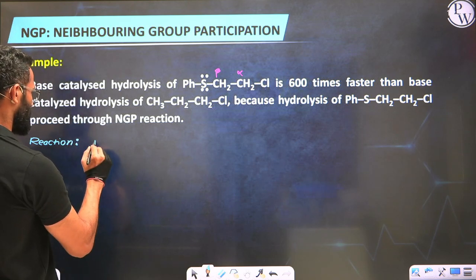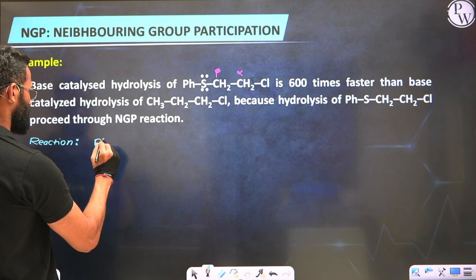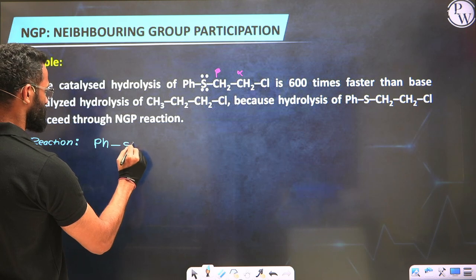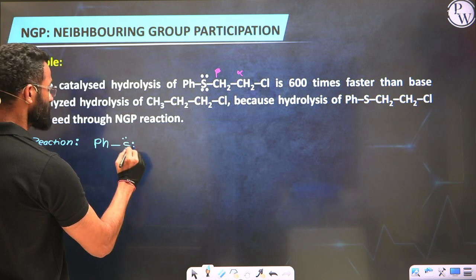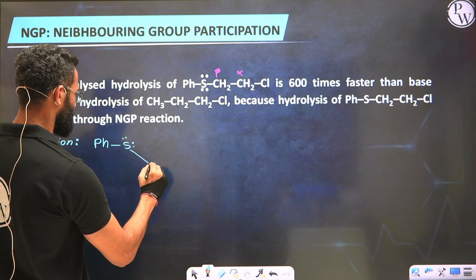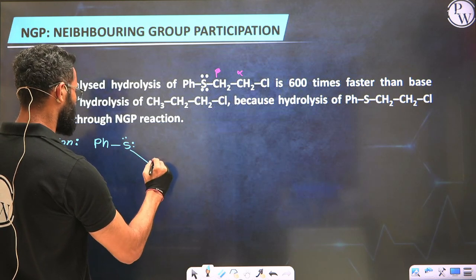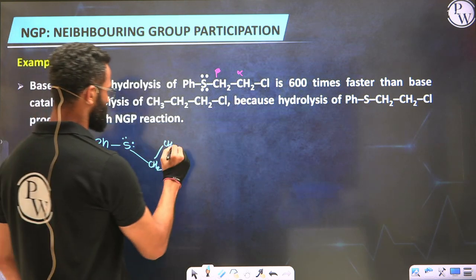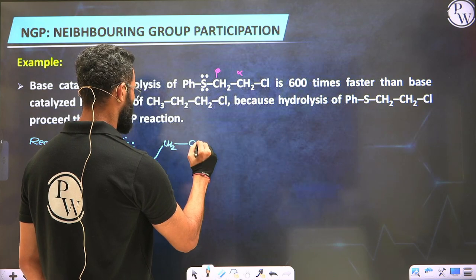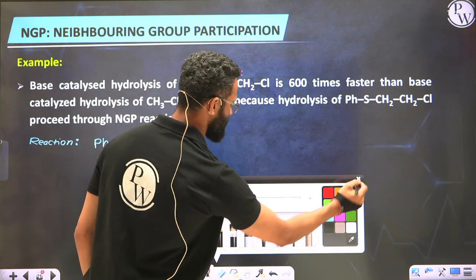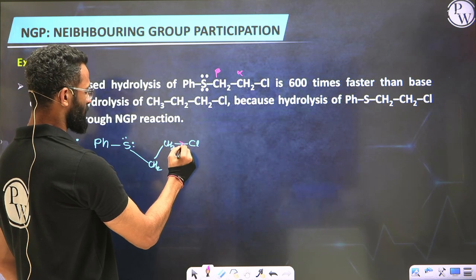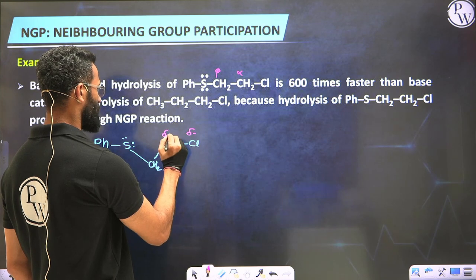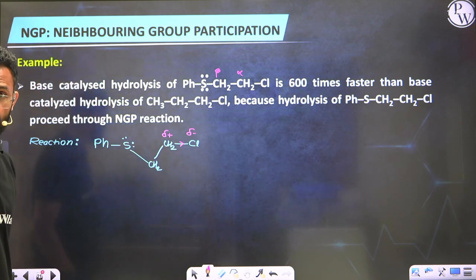Let's say we have PhS connected to CH2. Well, I'm writing this substrate such that it is convenient for us to understand the reaction, and connected to chlorine. Now chlorine being more electronegative and connected to carbon will carry delta minus, carbon will carry delta plus charge. Okay, now look,